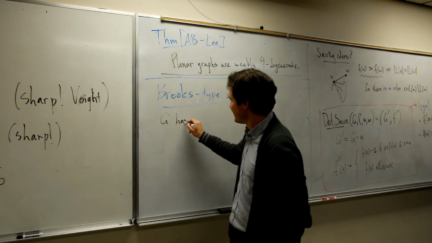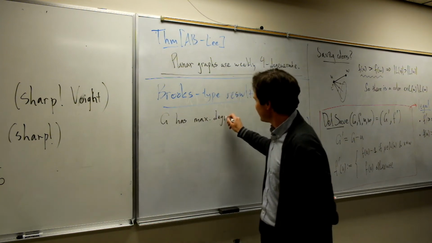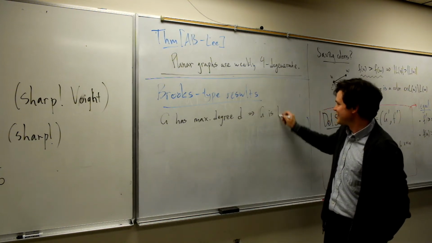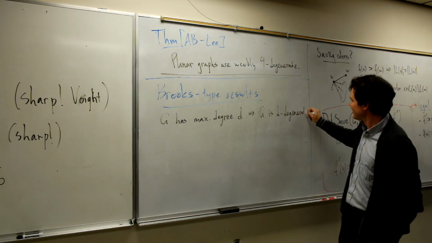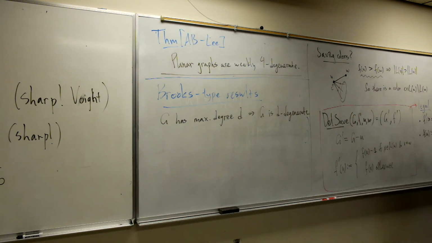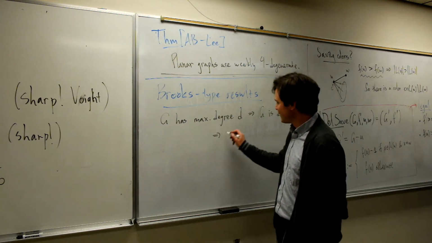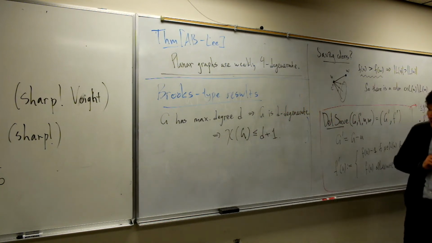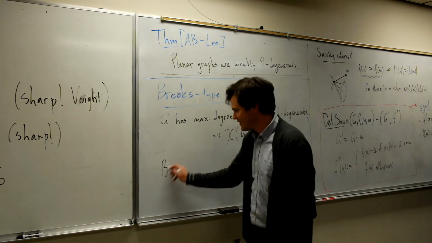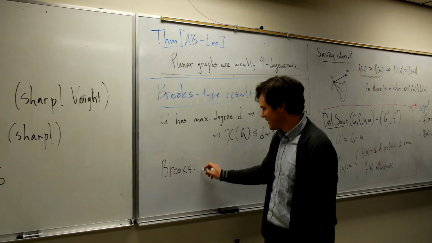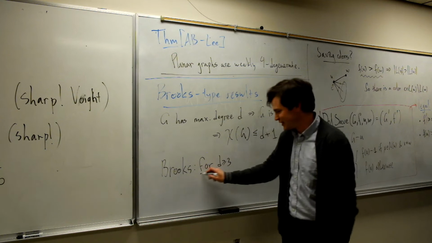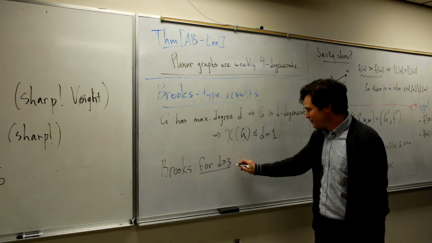If G has maximum degree D, then trivially G is D-degenerate. That's obvious. It doesn't matter in which order you remove the vertices, you're going to be fine. Which implies that the chromatic number is at most D plus 1, of course. But when is this bound sharp? As we all know, Brooks' theorem tells us that, for D at least 3, let me ignore the case D equals 2, it's boring. I don't want to write what all the exceptions are in that case. But for D at least 3,